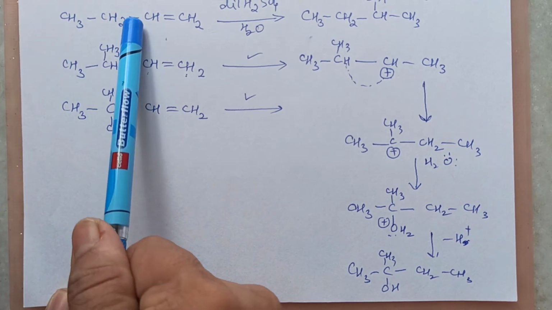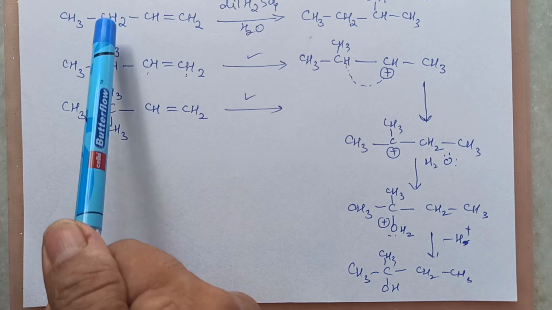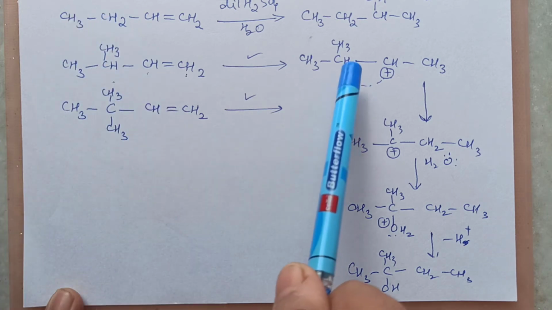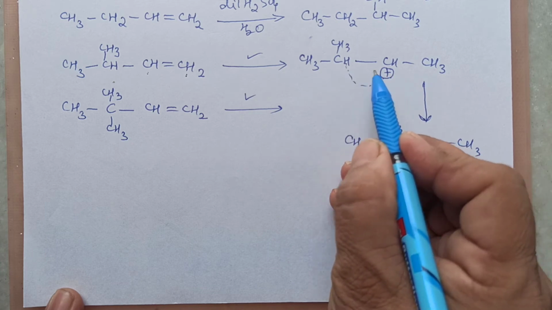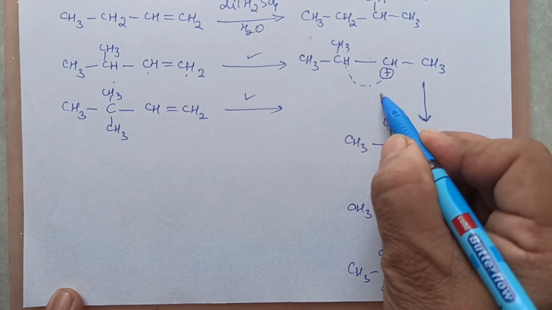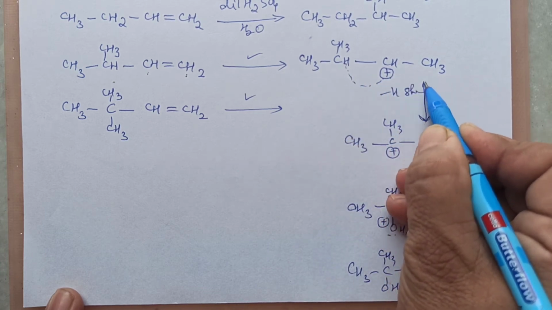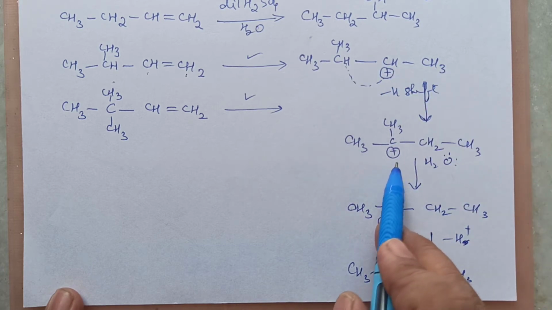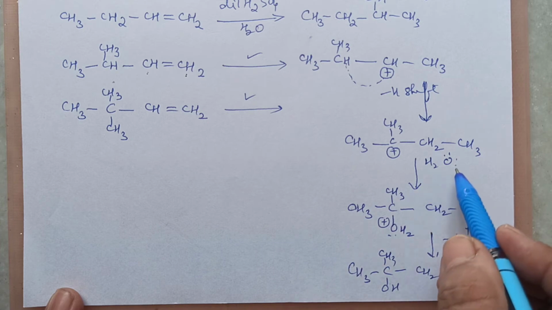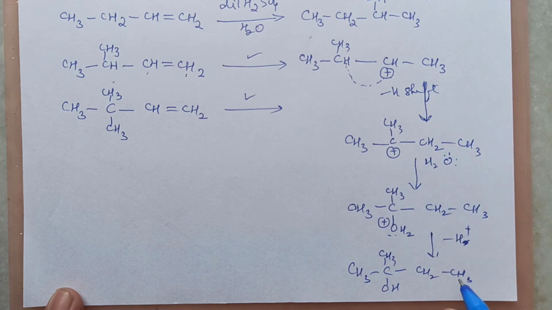Here also hydrogen was there, but if this is shifting, then this is still 2 degree. But if H is shifting, you are getting a 3 degree carbocation, which is very stable. So this was 2 degree, so H shift. This is a hydride shift which is taking place. So when this occurs, you get the 3 degree carbocation form. This 3 degree carbocation will now be attacked by a water molecule and then deprotonation. So this is the product.